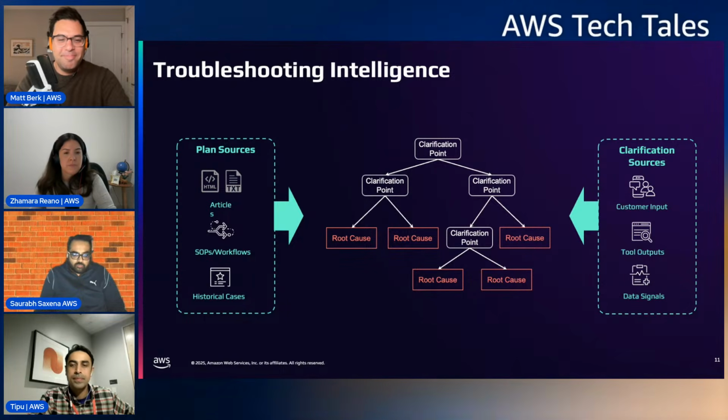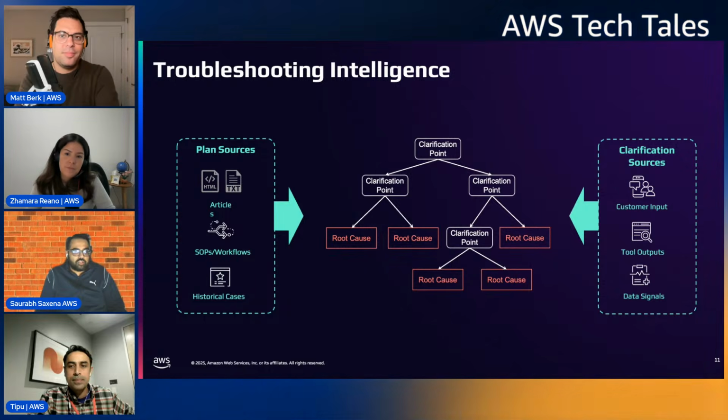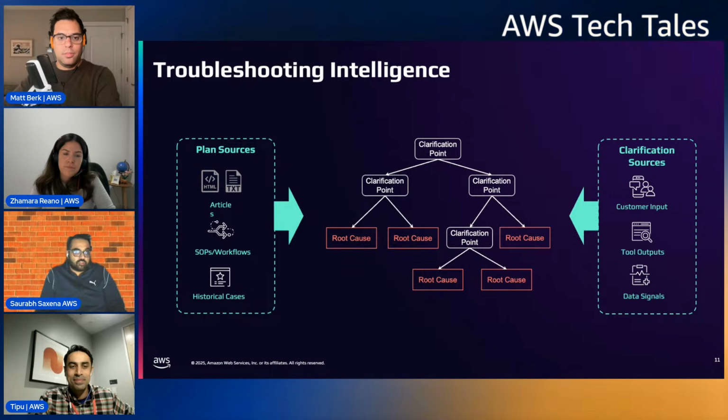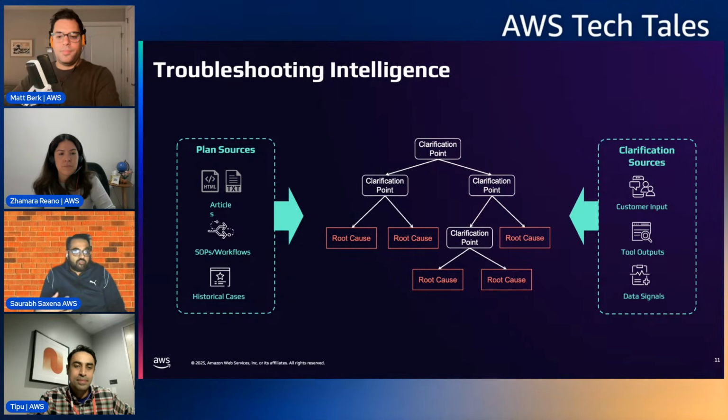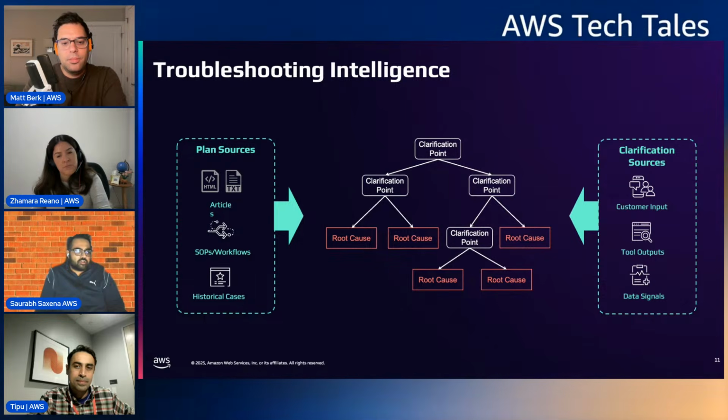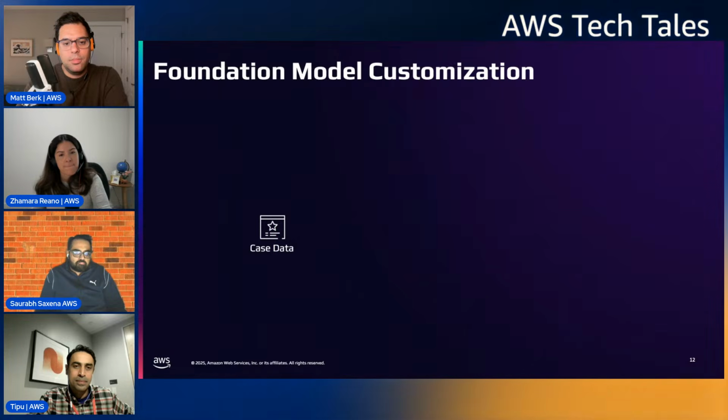Even in the 12 years I've been here, we have never been able to access any customer data. Even back in the day when it was forums, I think our system actually scrubs out anything a customer accidentally puts that is their data. Before I can look at a case, the system already scrubs out any information, including their phone number or personal information or anything that would identify their application. Tags, resource names and ARNs are fair game because they are metadata about AWS. I think later we're going to talk about some of the guardrails we have in the system as well.